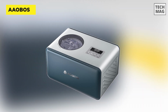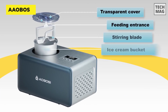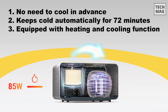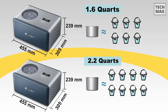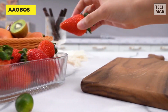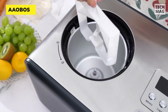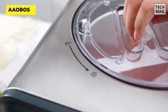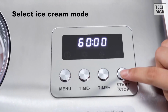Up next is the AAOBOSI 1.6 quart ice cream maker, a multitasking marvel for anyone who loves homemade desserts. This machine goes beyond just frozen yogurt. It's your go-to gadget for crafting creamy ice creams, refreshing sorbets, and more, all without the hassle of pre-freezing. Equipped with a built-in compressor, the AAOBOSI ensures you can make frozen treats on demand, no prep work needed. Its 4 versatile modes make it a breeze to switch between yogurt, ice cream, gelato, or sorbet, catering to all